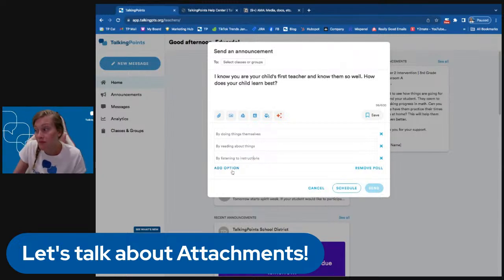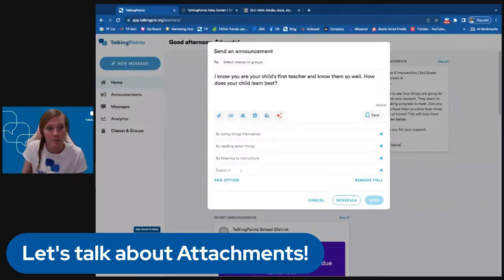And this is a great question to give out to families. So you can add multiple options, and that's what it would look like as you build out the options.